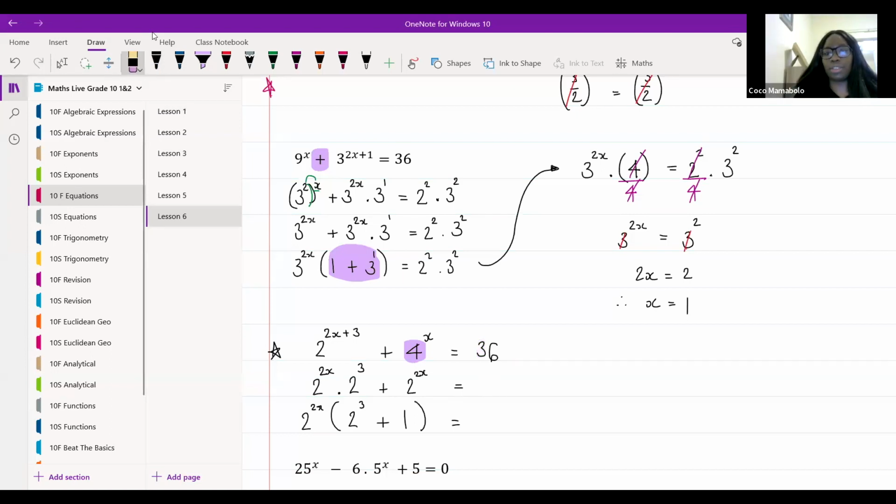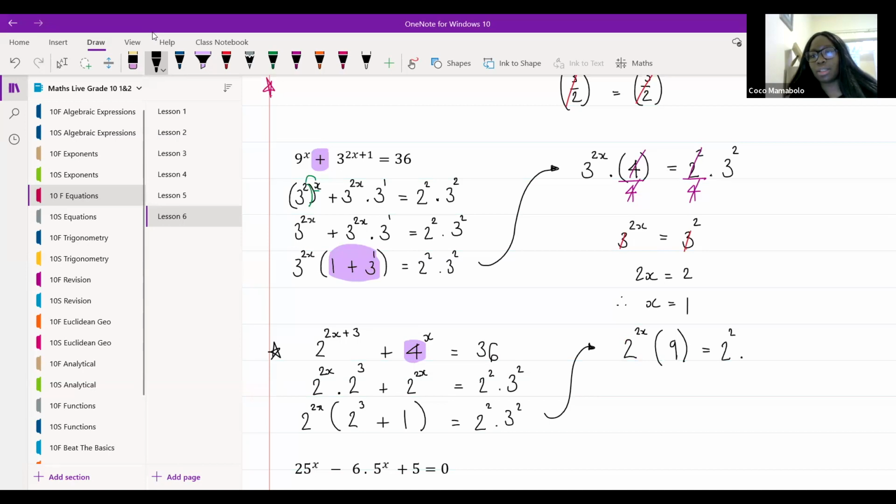Excuse me. So if I leave it as 36, I'm going to get 2 squared times 3 squared, which makes life a lot easier over here. All right, is equal to 2 squared times 3 squared. Okay, then on the inside here, I've got 2 cubed plus 1. That will give us 8 plus 1, which is 9. So I'm just going to continue over here. I'm going to get 2 to the power of 2x, open bracket, 9